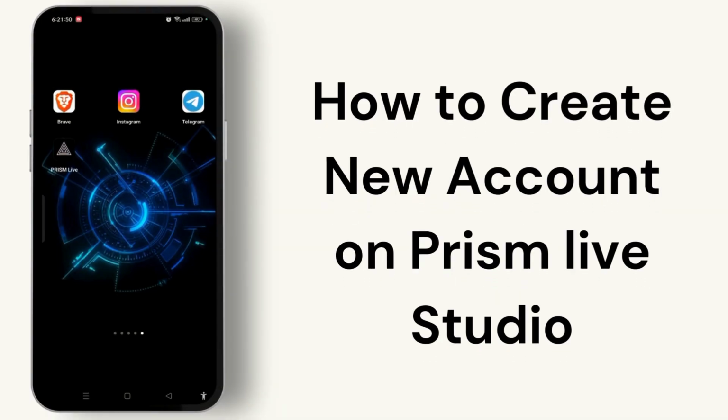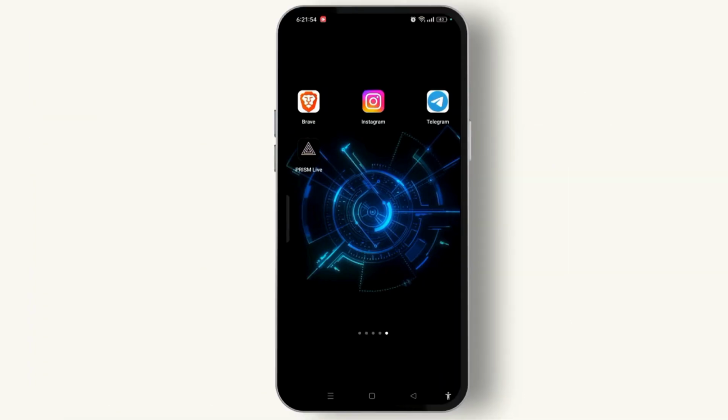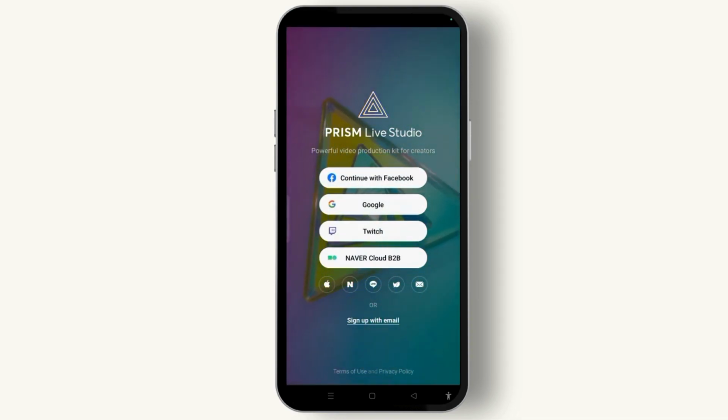How to create a new account on Prism Live Studio. For that, make sure to download and install the application on your device. Then, once you download and install, you need to open the Prism Live application and you will get access